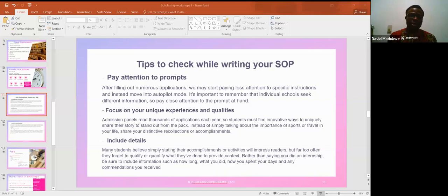from the rest of other applicants. Now, another one is to consider institutional qualities. Different schools have different qualities that make them stand out. So while you are checking a school, you need to check what is so unique about them. It can be that they have a good football team. It can be that they have a lab that other schools don't have.